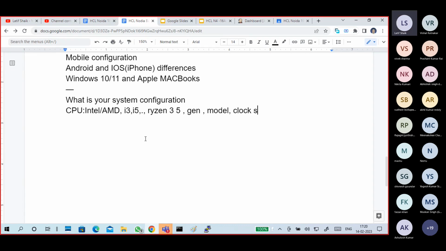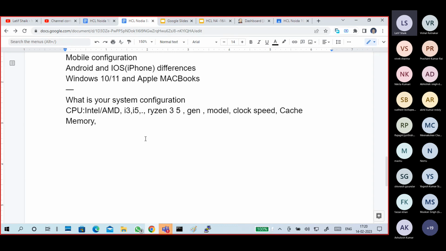Next one is clock speed. Every processor has a clock speed, like 2.5 gigahertz, 3 gigahertz, 2.6, 2, 2.2 gigahertz. Cache memory: every processor has some kind of cache memory, mainly L3 cache memory.